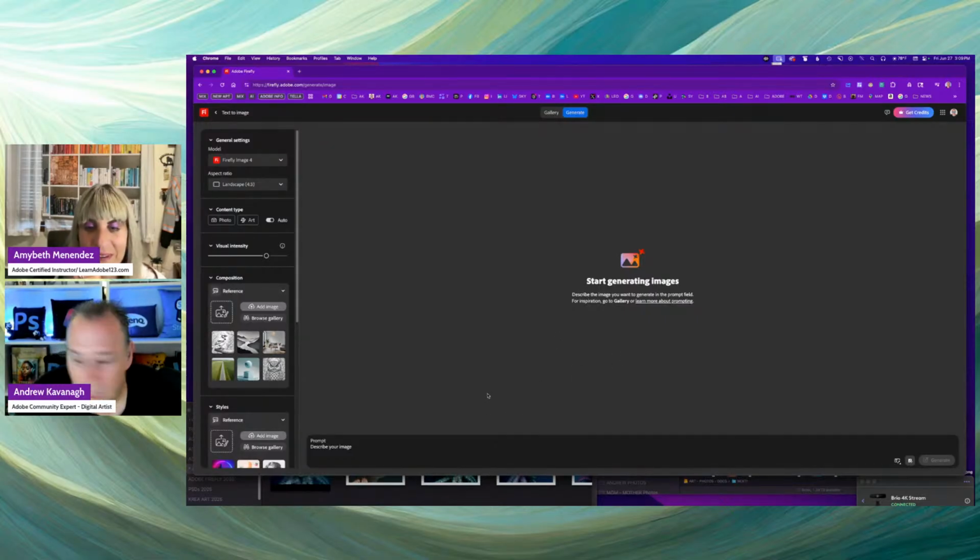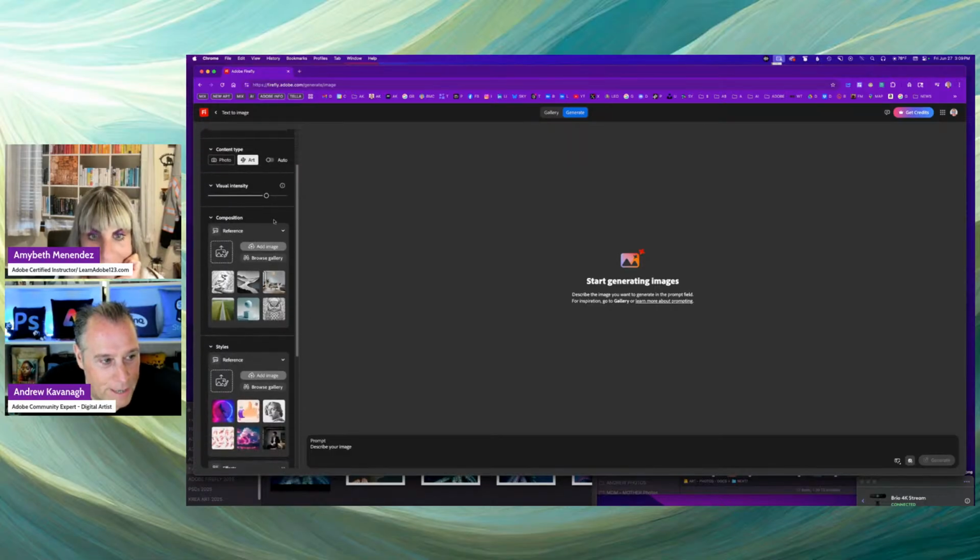I will. Okay, so here we are in my Firefly. So Firefly Image 4, and then I think landscape usually looks pretty, or widescreen. Maybe widescreen is fun. And I usually tend to like art more than photo because it goes towards the surreal imagery I like to do. I don't think I need a composition or reference, which we will be swapping those ideas later on anyway. So to begin with, my prompt is,